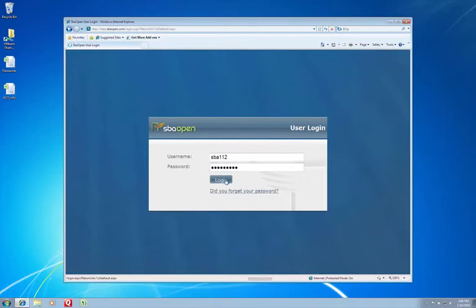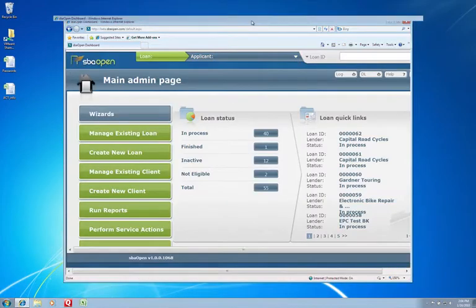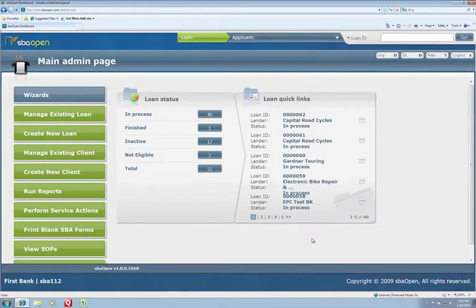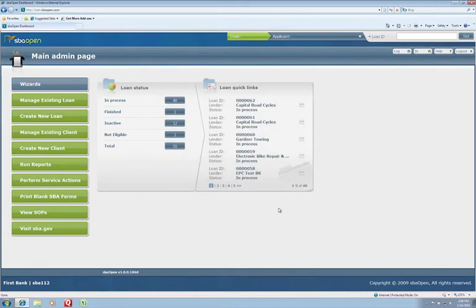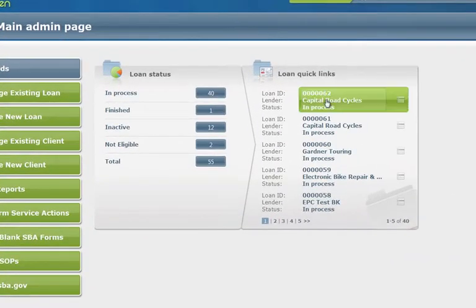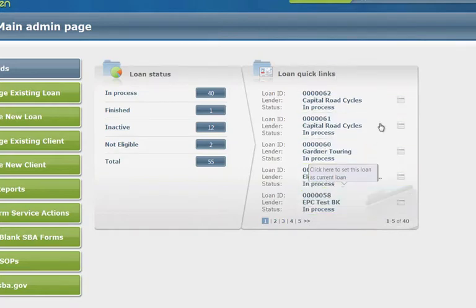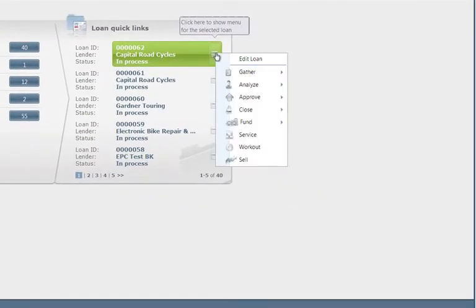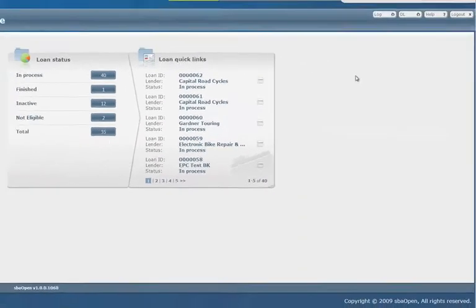If you've logged in successfully, you'll be taken to the sbaOpen administration screen, where you'll have access to all of the loans you've stored in the system. There are several different ways to locate a loan from the administration page. In the center of the page are loan quick links that will display the most recent 5 loans that you've worked on. You can click on any of these loans to begin working, or you can choose a specific module and step to jump to by clicking on the quick jump icon on the right hand side of the loan